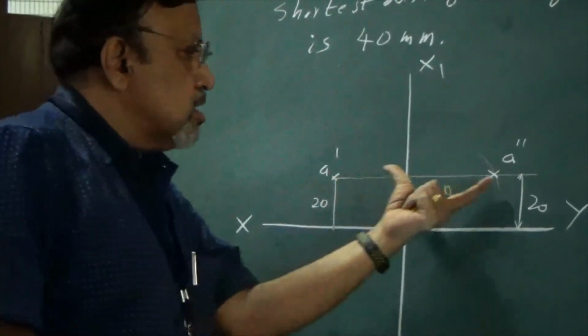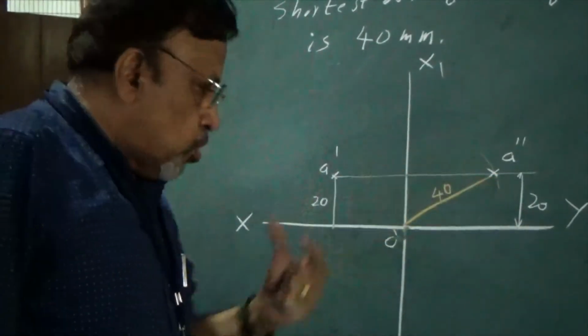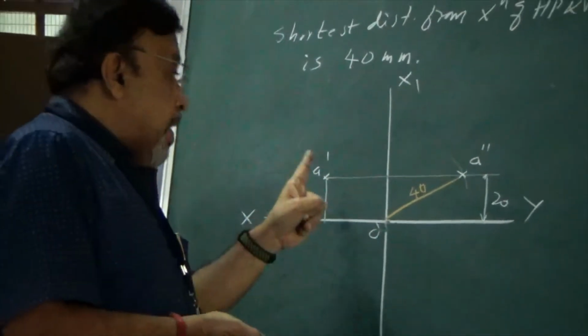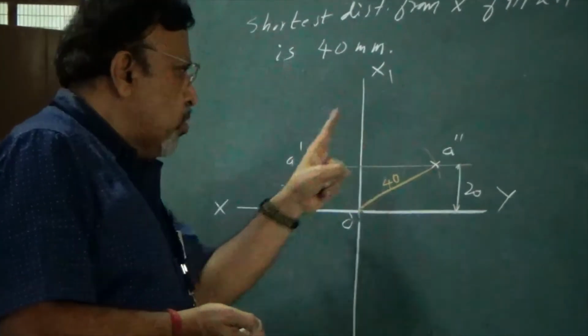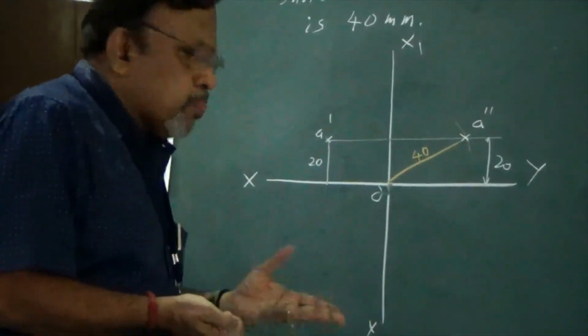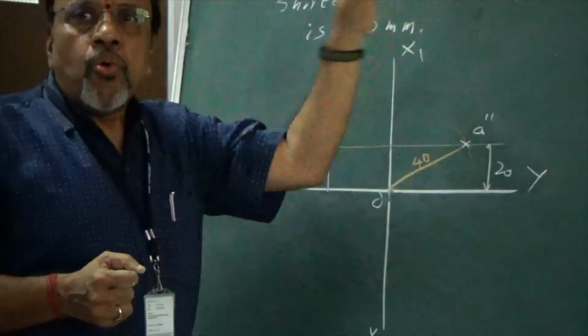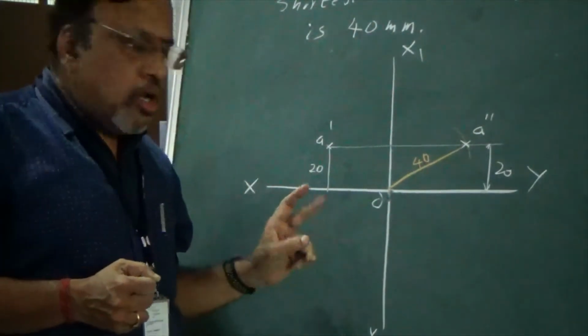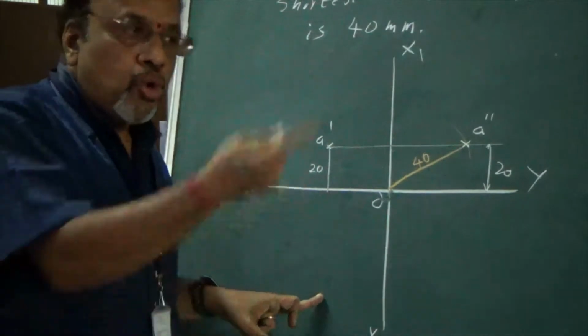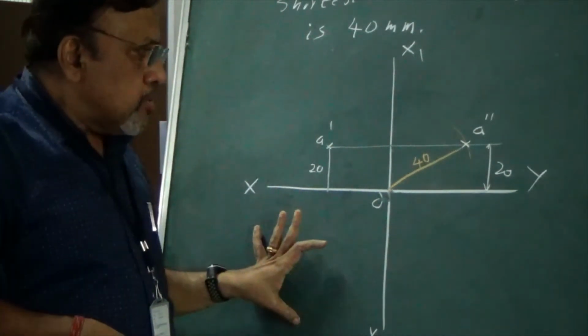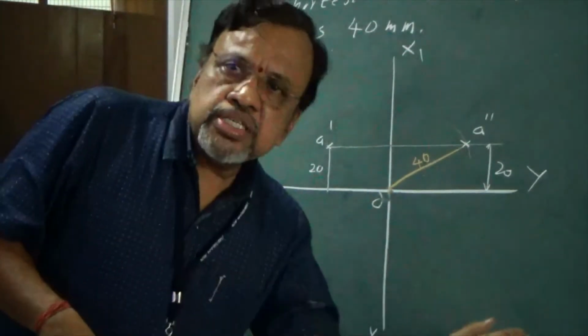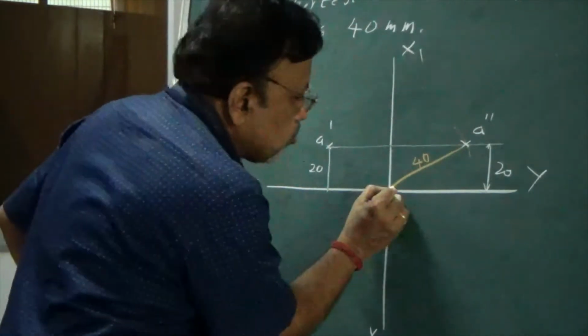So, this D distance is this distance, which I need to locate. Now, you can see, given the top view, the front view and side view, how do you draw the top view? Since the point is in the first quadrant, where do you expect this top view to be? The top view should be below the XY line. I told you earlier also, wherever you have the top view, I need to draw the 45 degrees line. So, what do I do then? I will draw this 45 degrees line here.